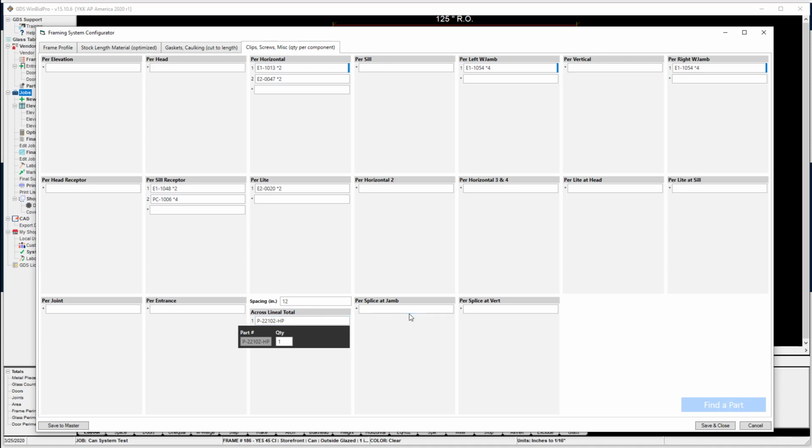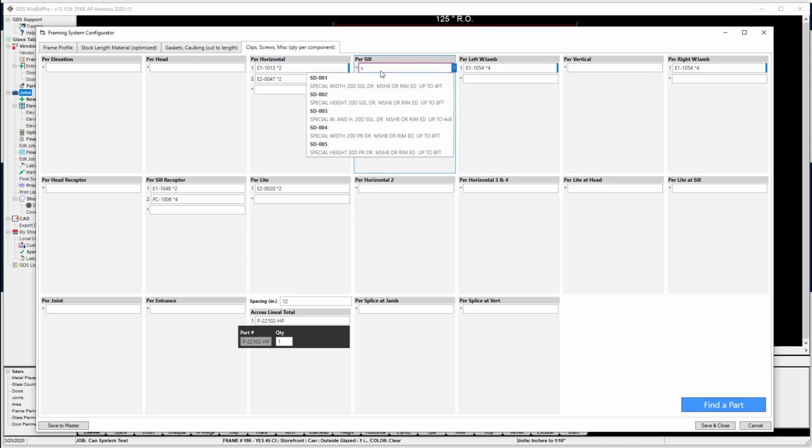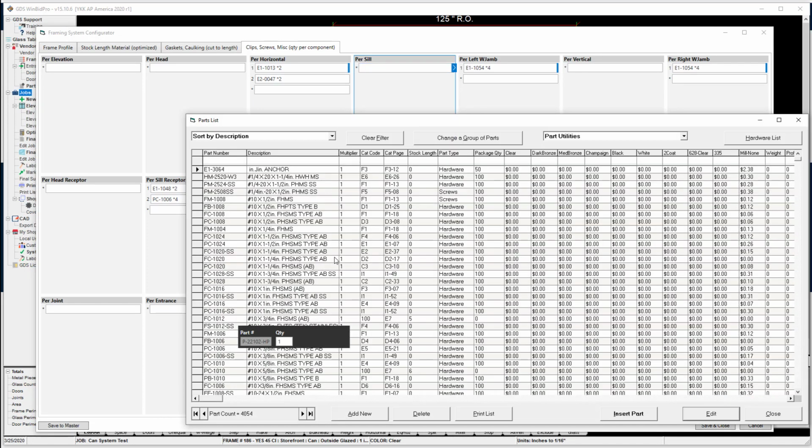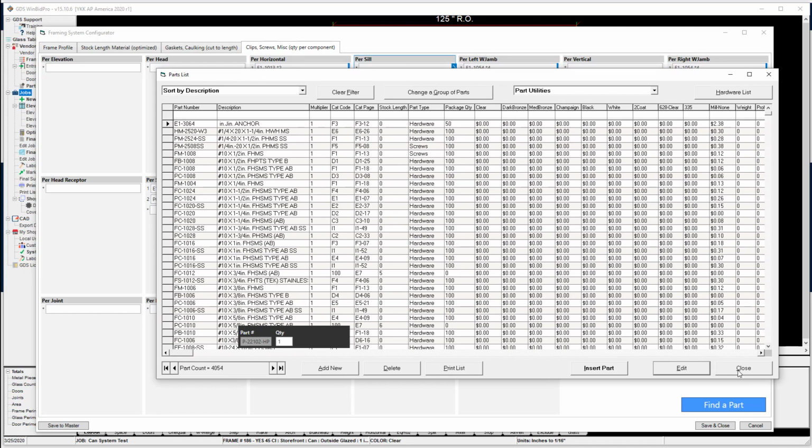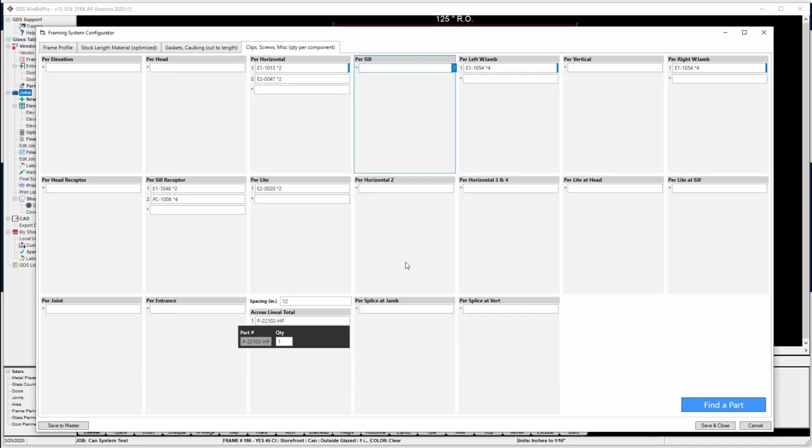So the other option for adding a part, though, just like before, you could right click, but now you can actually click a normal button. So we improved that feature where, if it's something that's needed per sill and I don't know what the part number is, I can try typing a letter, and it's like, that's not really what I want. So I'm going to go over here and click on this. And now I can do the, looks like we got to fix that little problem, but now we can do the